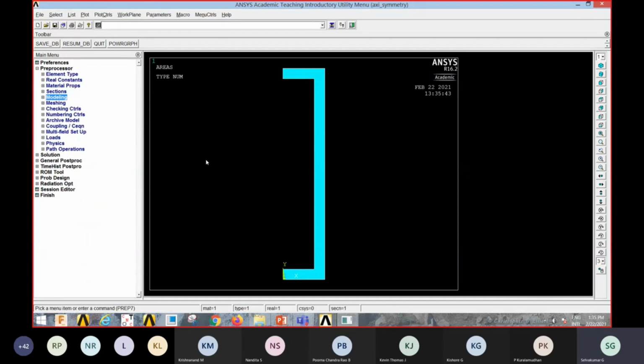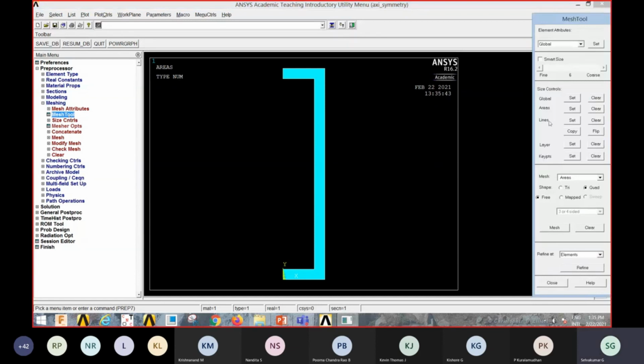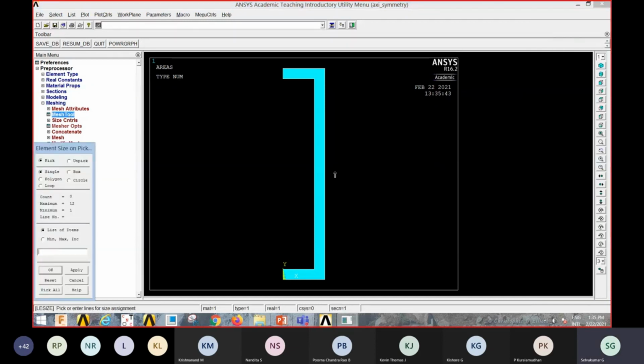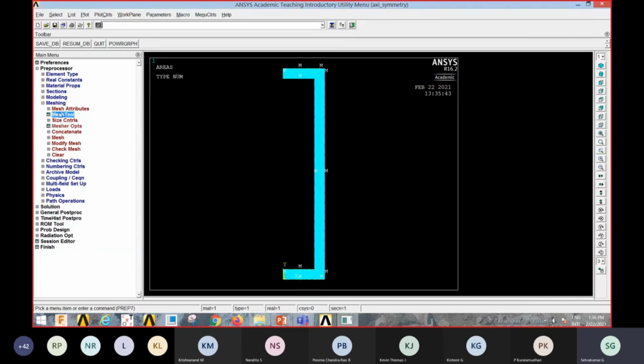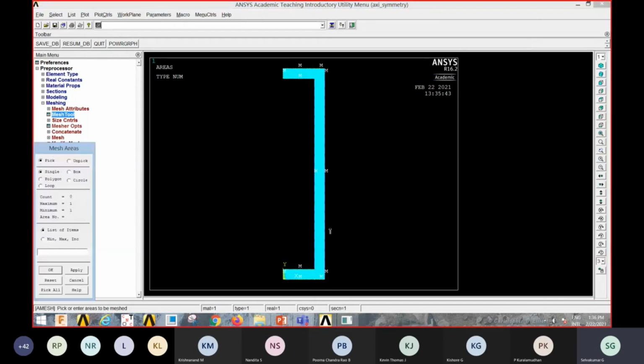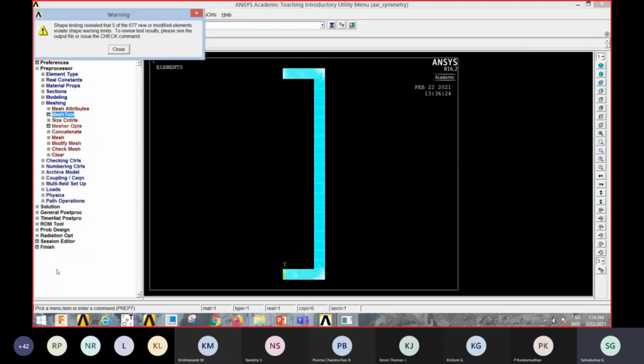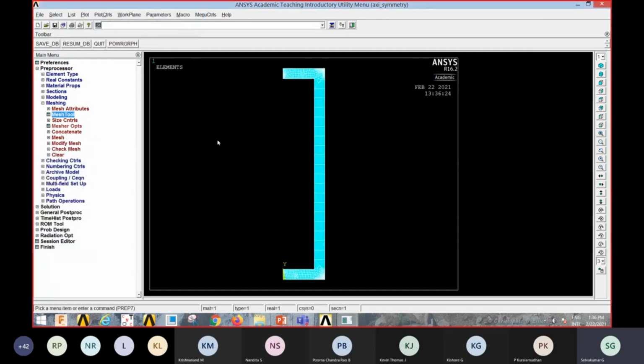Next is click on meshing, click on mesh tools. Where it is appearing on line, you can choose, select all the lines. All the boundary lines you have to choose, since I wanted to do meshing by straight line. So here number of elements or divisions 20. I am giving this as 20 so that the meshing is done. Mesh, click all, set all, okay. So meshing is done now. Right, next,